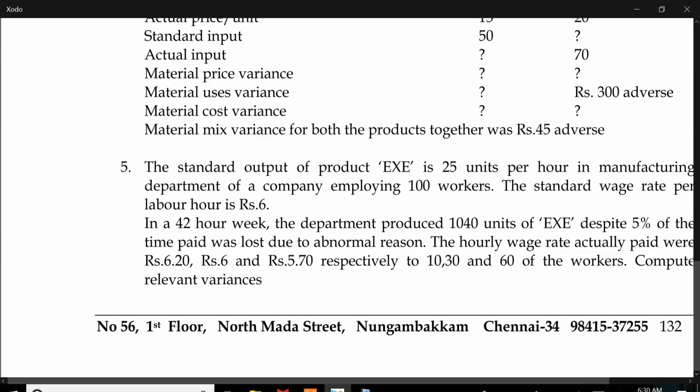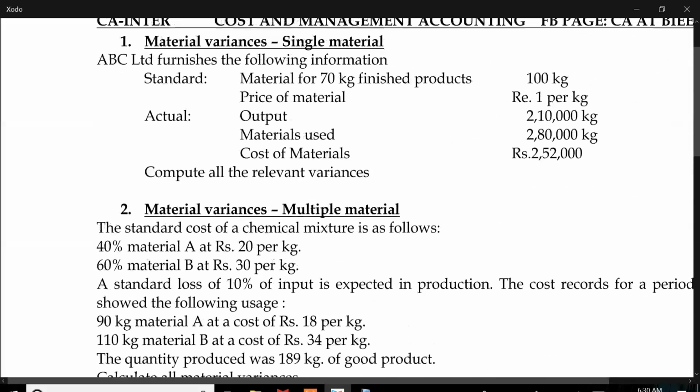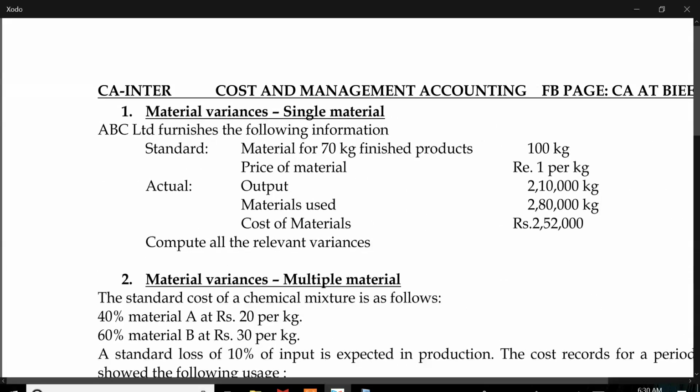Okay, let's start with the summary. Go to the last few pages. Standard costing. Point number 1. I'll first give some general points and then I'll come to specific points for the question. Standard costing